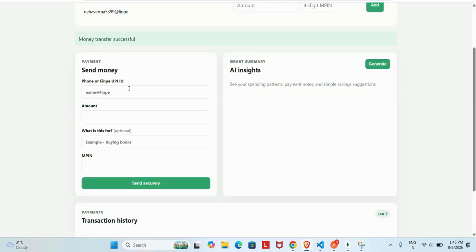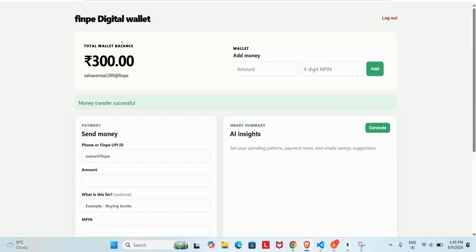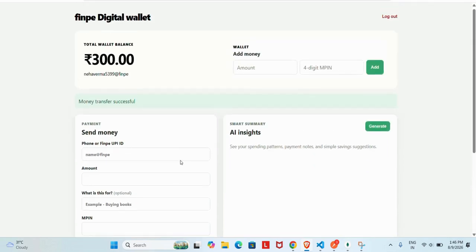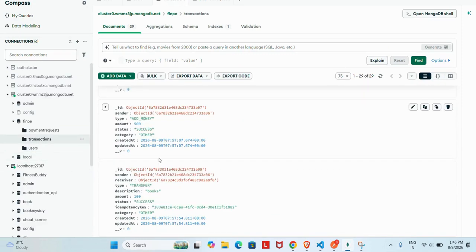So the money is successfully transferred, and it is also reflected here, and it is also reflected here. So in the transaction part,